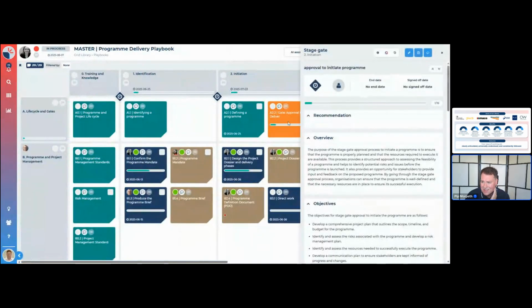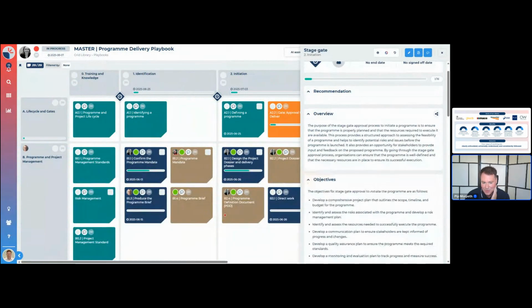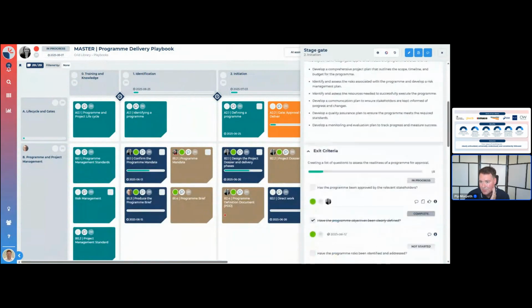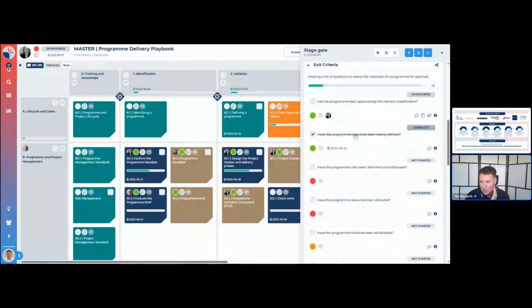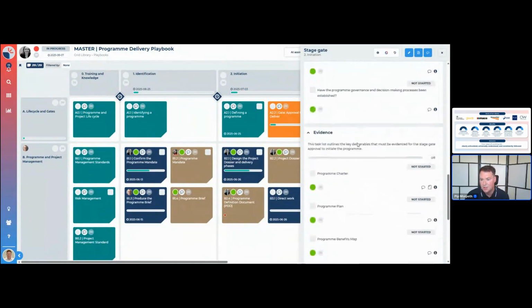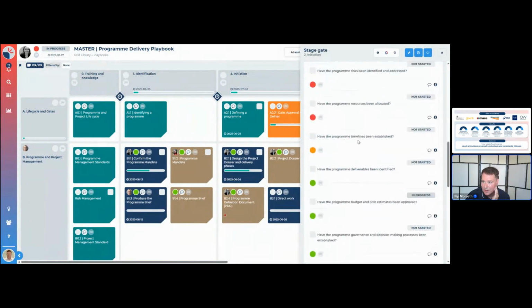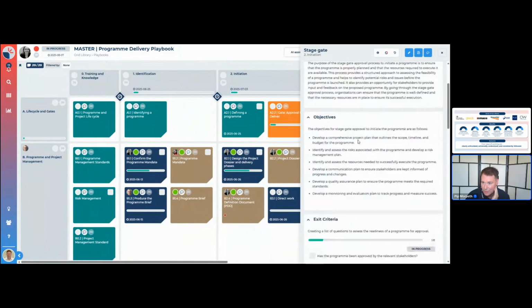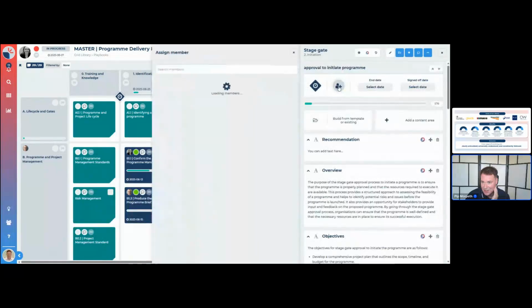Whilst I can explain the purpose and objectives of that stage gate, what I find more important, and what causes confusion, is to clearly articulate to the teams the exit criteria questions that you need to answer in order to progress through that stage. And if required, what evidence I have to attach, upload, record and capture within the stage gate boundary. Okay. And then, as we're working through, I can record the gate approver